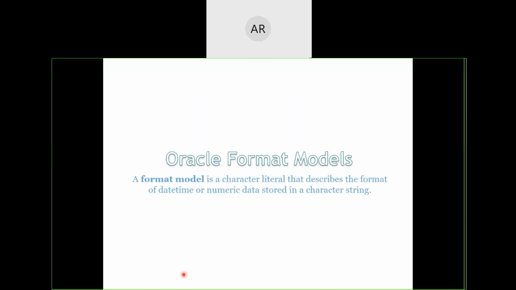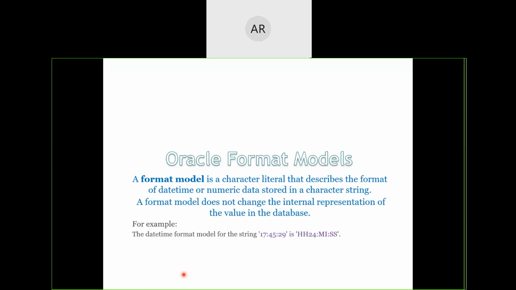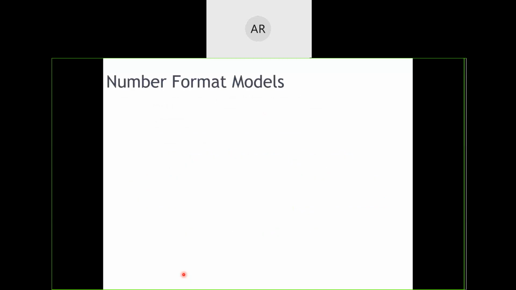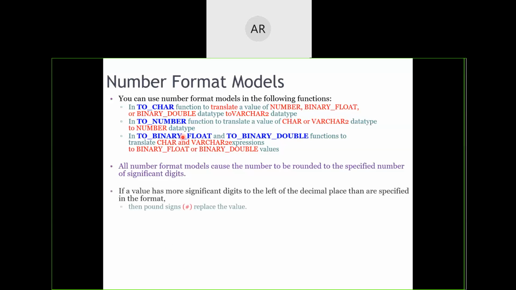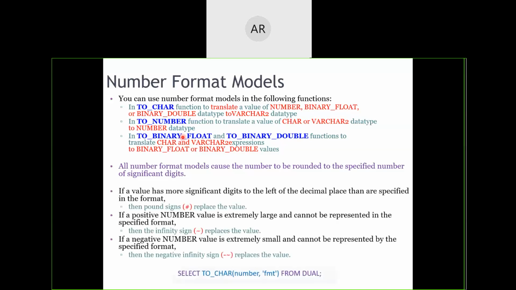Formats is a little lengthy topic. It's a little boring, but in order to use the number format, you have to use to_char, to_number or to_date type of functions and work around with them. Even I feel this part is boring, but I'll show you the examples so that you can get a glimpse of what I'm speaking about.